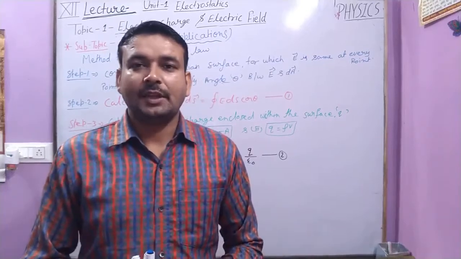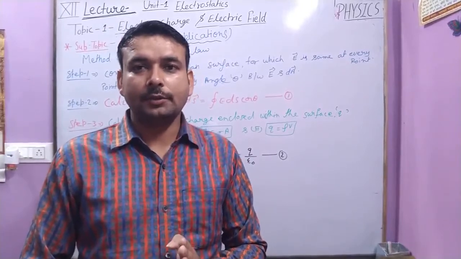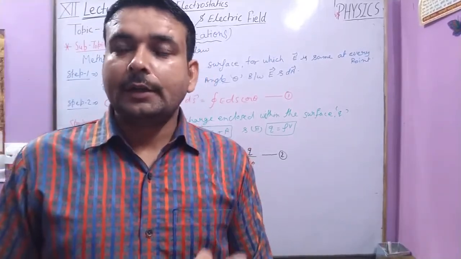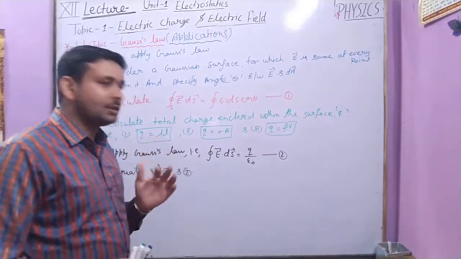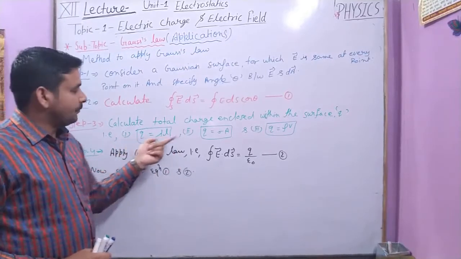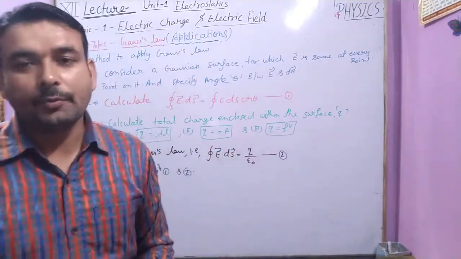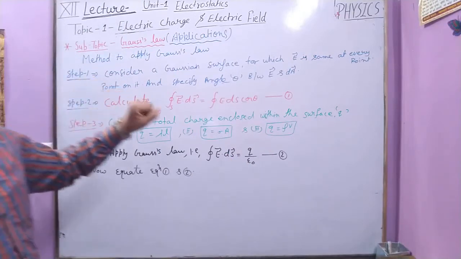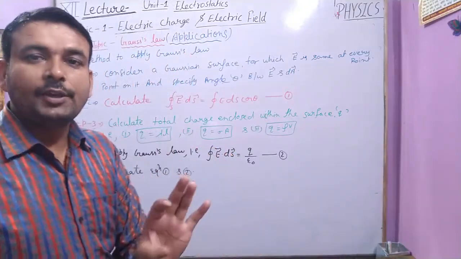Good morning, students. In this lecture, we will understand how we apply Gauss theorem on different kinds of distribution of charge. As in the previous class, we understood the three kinds of distribution of charge: one is linear charge distribution, one is spherical or areal charge distribution, and another is the volumetric charge distribution. Now, for applying Gauss theorem to the three shapes which we discussed in the previous class, we just remember